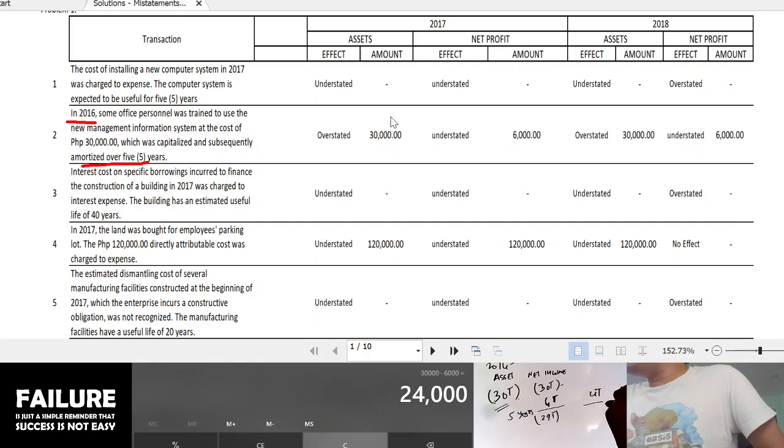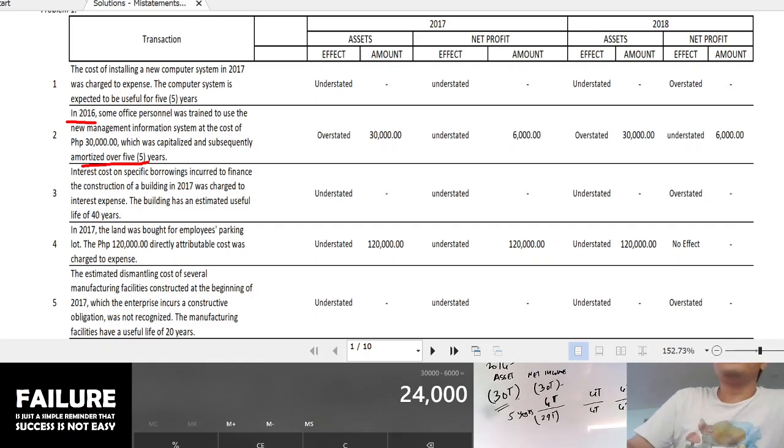In 2017, we will have a net understatement of 6,000 because of the effect of the error in amortization, the same with 2018. Okay? So that is why if we look at our summarized worksheet, no, or audit working paper, in 2017,